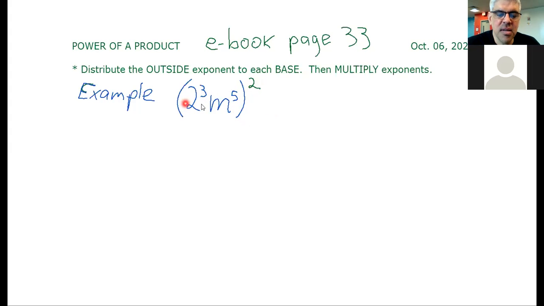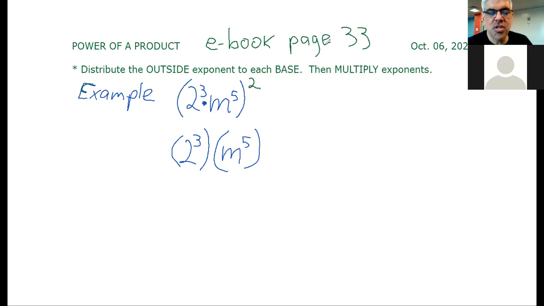So let me split this product into 2 to the third power. I don't care what that is yet. Let me leave it as a power. And times, the same times that is here, times m to the fifth power. But now the 2 that is outside, it touches the parentheses, so it affects everything inside. So I need to distribute,